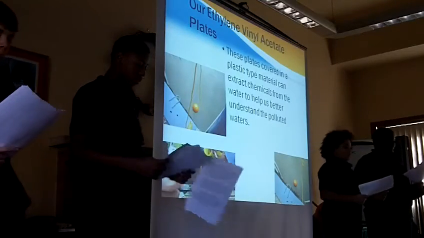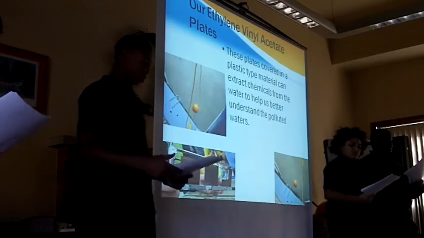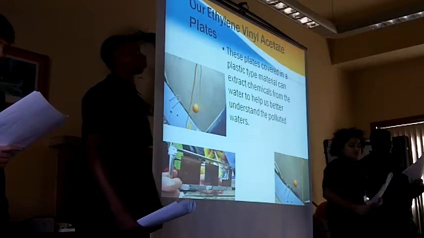Ethylene vinyl acetate plates are tiny thin cards about the size of a credit card that are covered in a plastic